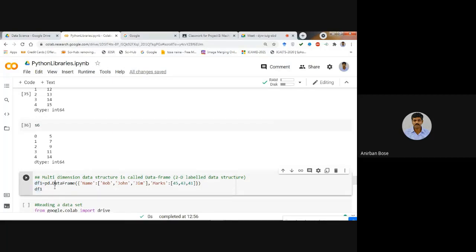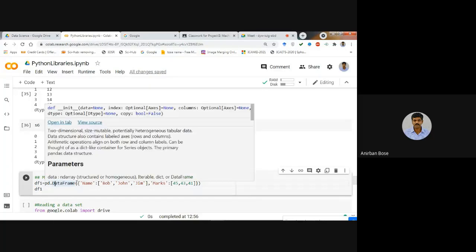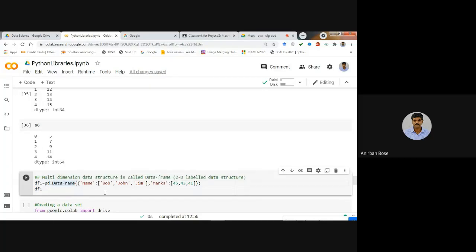To create a DataFrame, instead of Series we write pd.DataFrame, and within that we pass a dictionary where the key-value pairs are, for example, name as the key and the whole list as the value corresponding to name, and marks as the key with the whole list as its value.